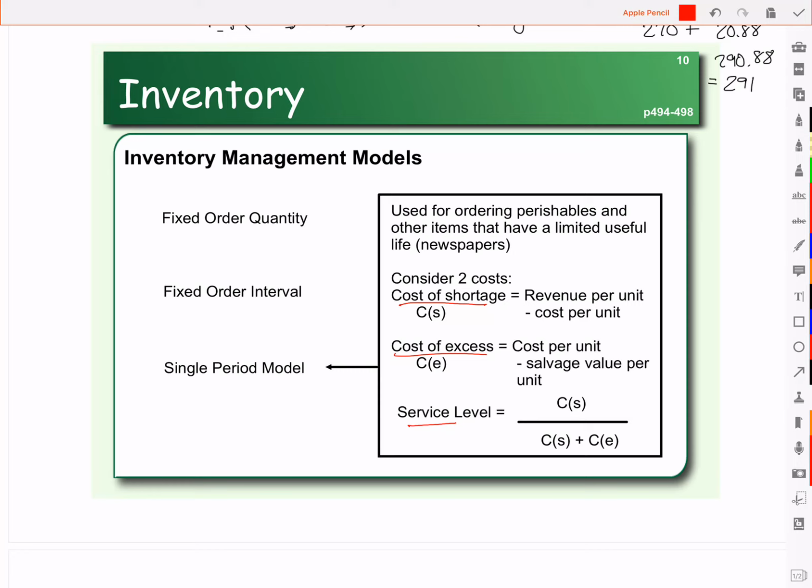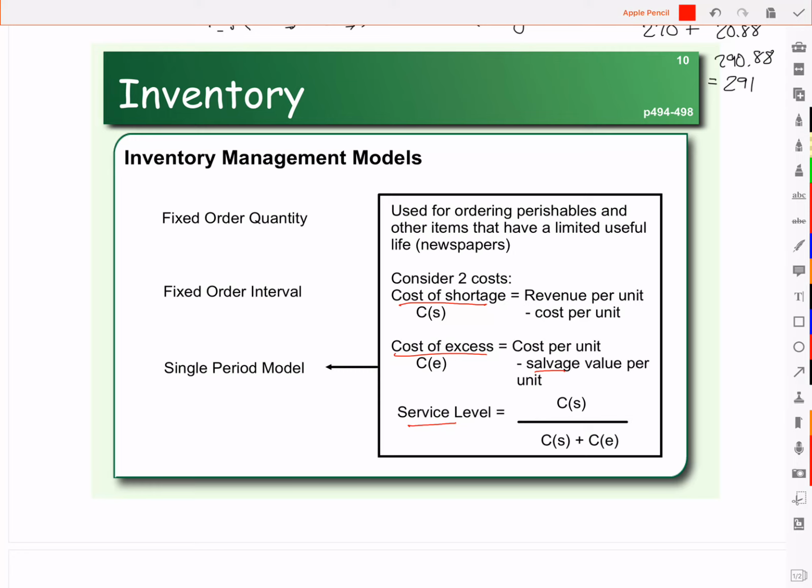If having excess means you can sell it the next day, but it's no longer fresh, so it doesn't have the same price as before, then it has a salvage value. And so your cost of excess gets reduced by the amount you could sell the next day old donut for,